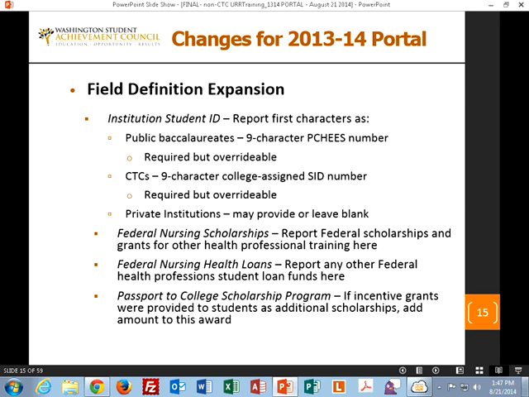We have institutional student ID, which allows for up to 50 characters to be reported. In the past, that was completely a voluntary option for anybody to use.